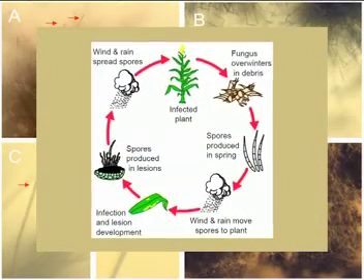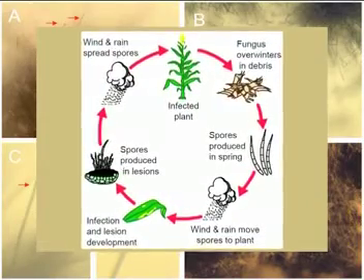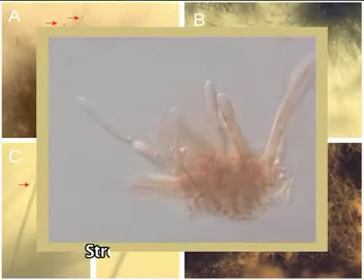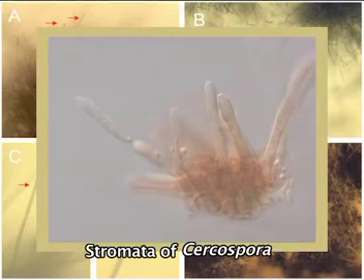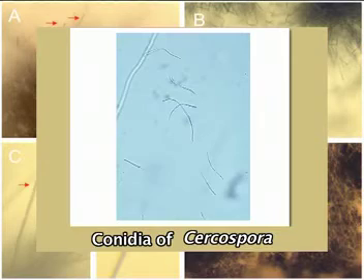Cercospora zeae-maydis, like many other foliar fungal pathogens of corn, is a poor competitor in the soil and can survive only as long as infested corn debris is present. The fungus is host specific and overwinters as mycelium and stromata in infected maize plant debris left on the soil surface. Infested corn debris on the soil surface is the source of primary inoculum for the next corn crop.